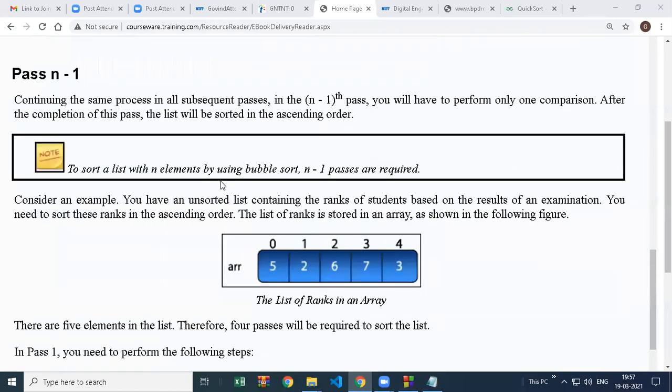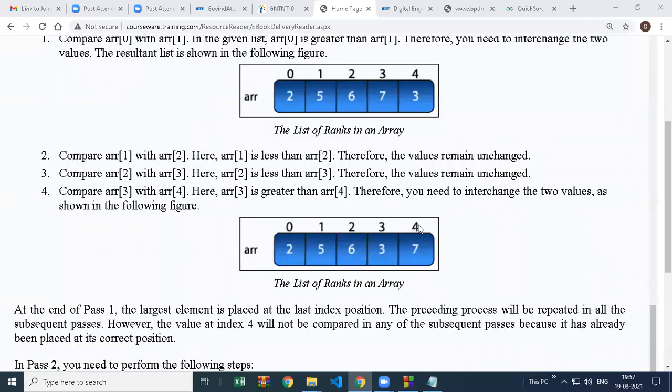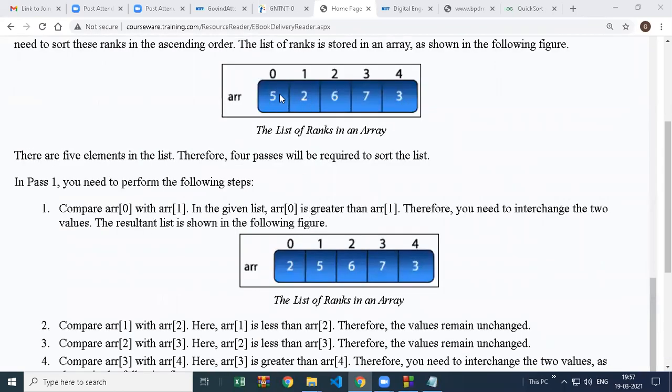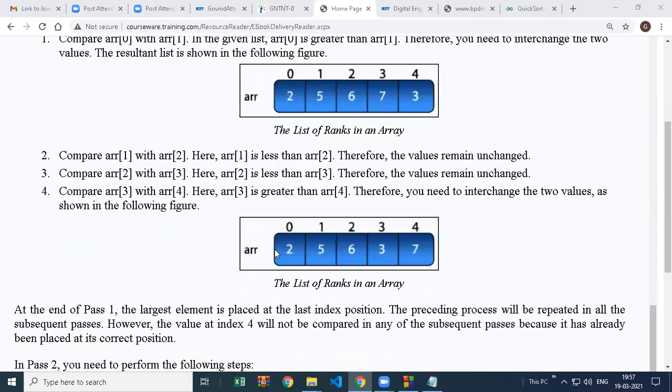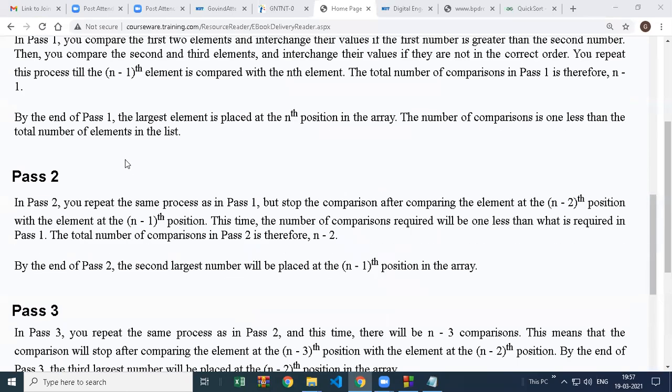This is called pass 1. This is not sorted yet. You can see it's not sorted. We compared 5 with 2, we swapped it. Then 5 with 6, not swapped because not greater. 6 is greater than 7, no, so not swapped. 7 is greater than 3, yes, so swapped. After comparing one value at a time across the entire row, this has happened, but it is not sorted yet. You can see this value 3 is in a position which is not correct. It is not sorted in ascending order. So this is called pass 1.